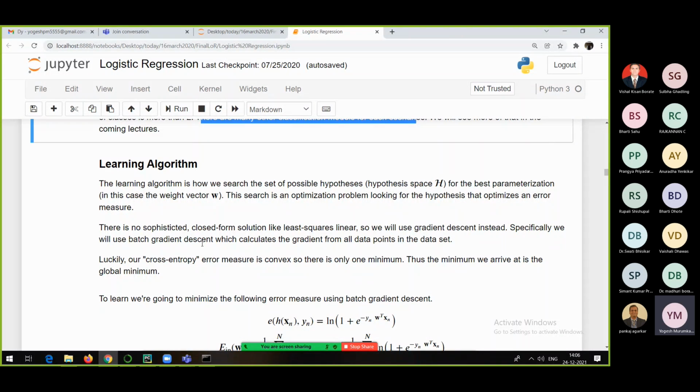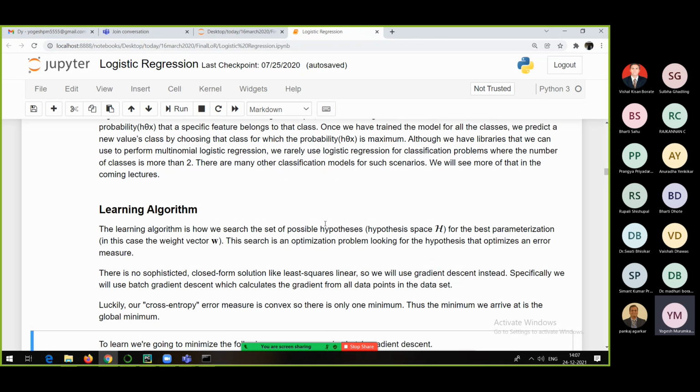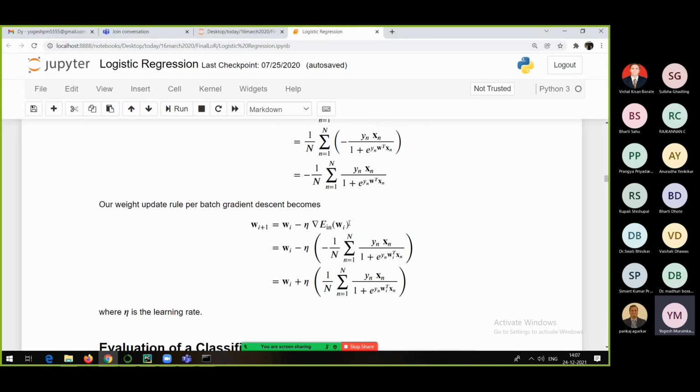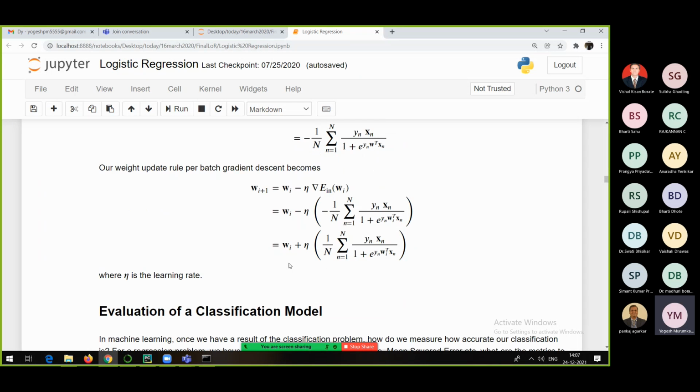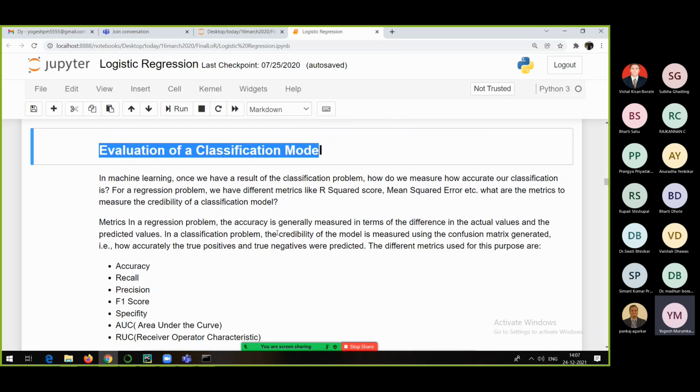And then how the algorithm learns. These are some mathematical equations given. E of h of xn comma yn, E is nothing but error, h of xn is the output given by your model, and this is the original output. With the help of that log equation, the same thing is written here as well. Finally, we take a derivative to decrease the error, to find the minimum of the error, and we get something like this. The most important point we discussed yesterday was the evaluation of a classification model. Not only a linear regression model, but any model, whatever the model may be.